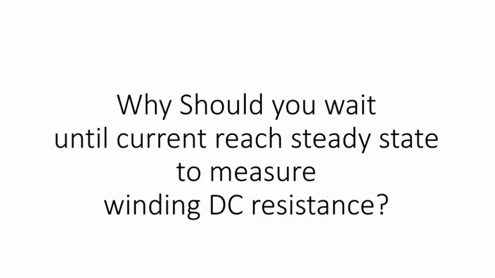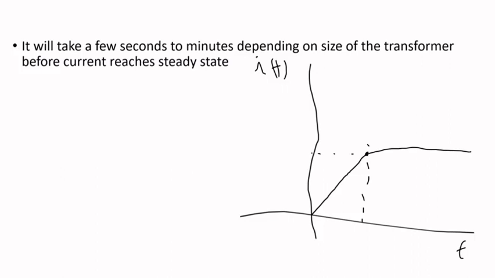So in this video, I'll just briefly talk about winding DC resistance, why you have to wait until the current stabilizes or reaches steady state. So it will take a few seconds to minutes depending on the size of the transformer. The larger the transformer, and because if it has a large inductance, it's going to take more time for the current to reach stability. Because basically when you measure winding resistance,